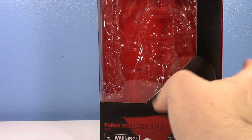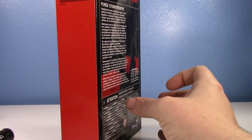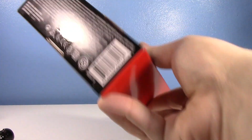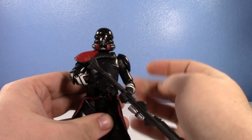Let's show the box real quick. Purge Stormtrooper, it's the black and red, except it has a little bit of extra red, because why not? This is pre-Gaming Greats. This was like one of the figures that kind of started Gaming Greats. But, as you can see, no Gaming Greats logo, because he technically sort of is, but was the precursor to it. Anyways, I'm probably going to throw that box away. Because now we have the Purge Stormtrooper, or just the Purge Trooper, or Purge Clone Trooper,